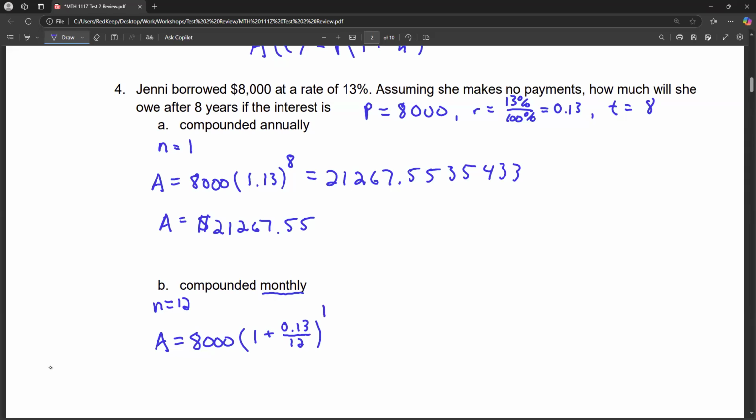So our n value is 12, and then our t value is 8. So just like that. Okay, and so when I punch this into my calculator, let me get back to my little solutions here. It's going to give me, again, that kind of long drawn-out number, 22,507.7, and then my decimals are going to do something like